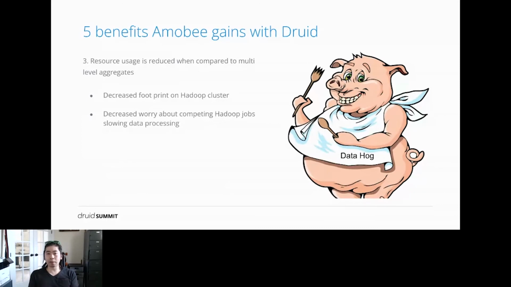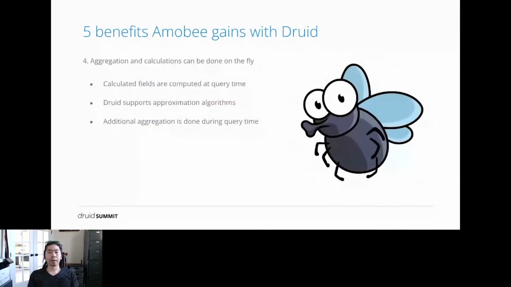Druid is flexible enough to allow you to use Hadoop resources and MapReduce jobs to ingest into Druid, but I suggest that if you want to decrease your footprint in Hadoop, stick to native Druid ingestions as much as possible. A lot of these benefits come from Druid being quick at aggregating and calculating on the fly. We don't have to pre-compute the columns anymore because they can be computed at query time quickly enough to satisfy our needs.